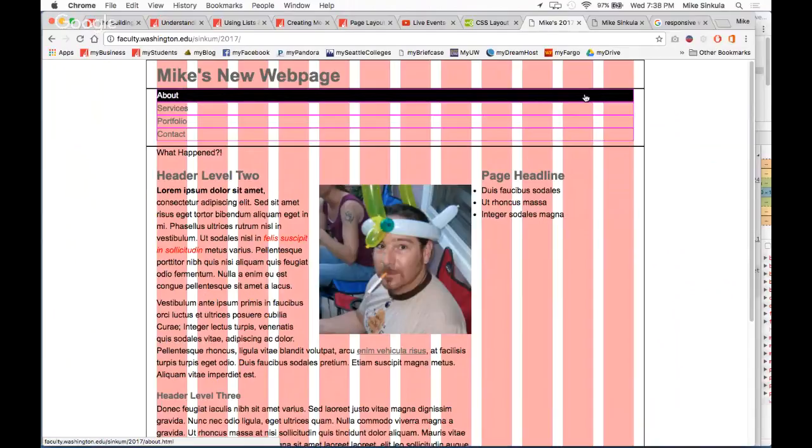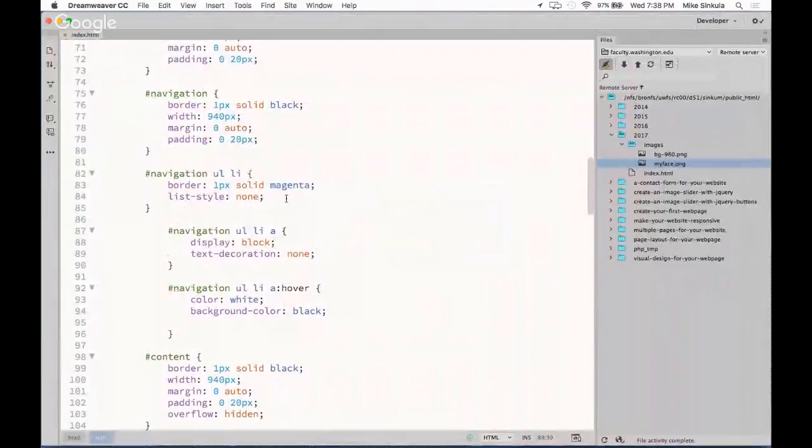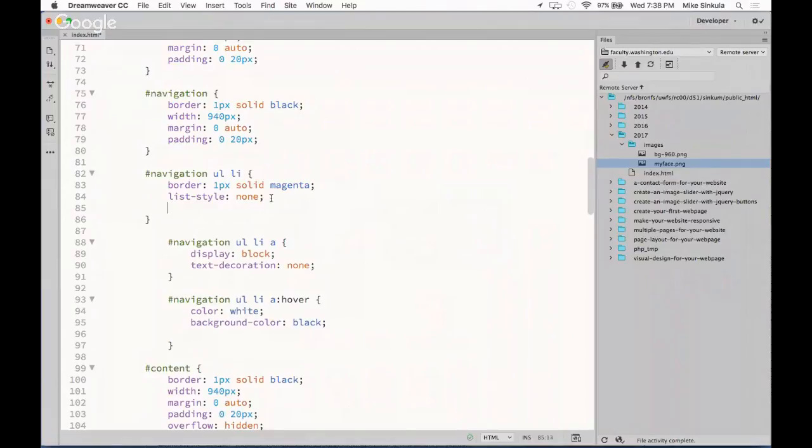In other words, the anchor tag goes out all the way to the height and width of the list item now. So then to keep that alive and still have things sitting next to each other, if I then put on the list item float left,